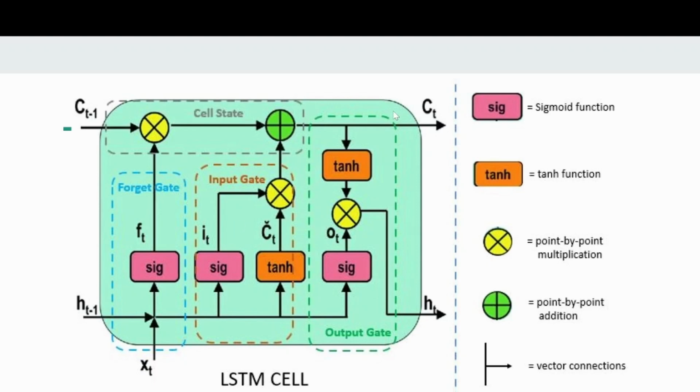Last is the output gate, where the long-term memories now can be outputted to new short-term memories through the use of the tanh function again as a new short-term memory being multiplied by the sigmoid function, scaled as almost a percent of what this new short-term memory will be added in.